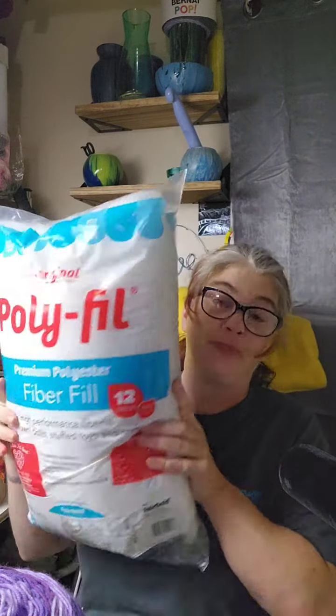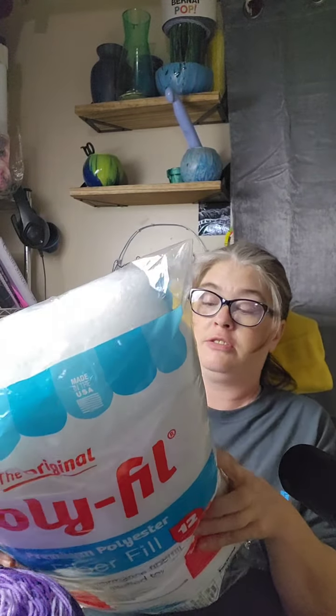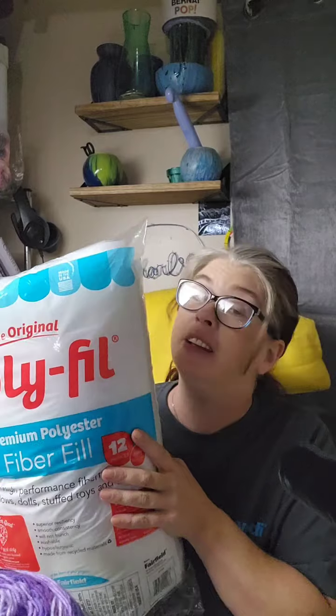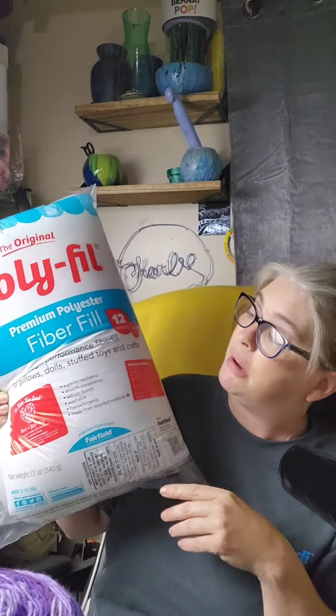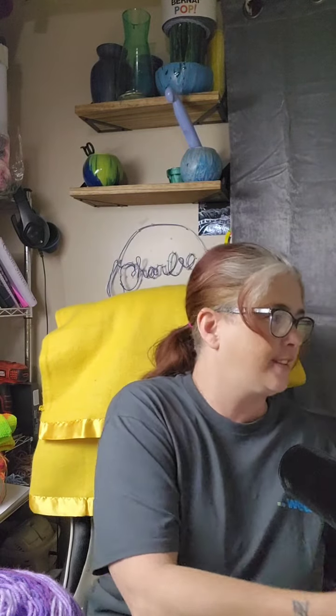So, let's get started. Okay, first off, so I can get it out of the way because it's huge, we all know polyfill, or in other countries it's called something else, but over here in Pennsylvania, in America, it is polyfill. And I got the small bag. I'm going to start trying my hand at little stuffed animals from the Addi machine and crocheting. Yes. So, now that I could get that out of the way,